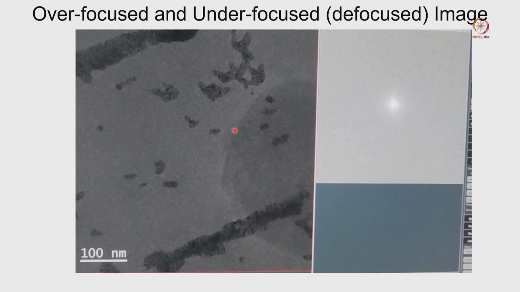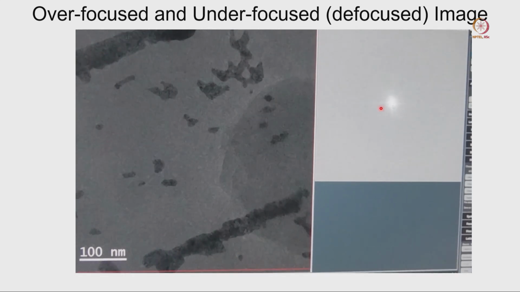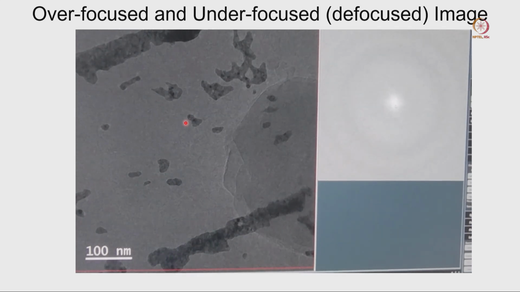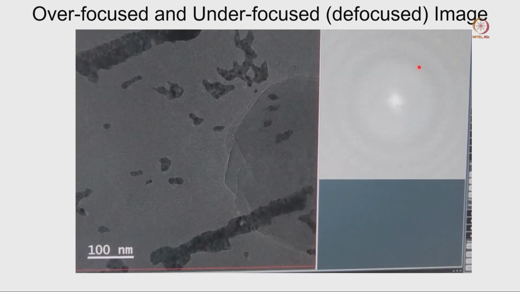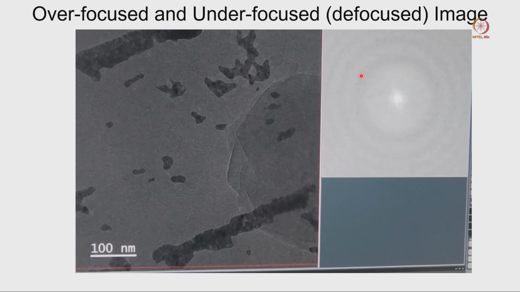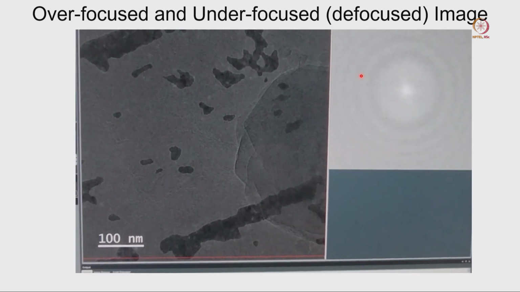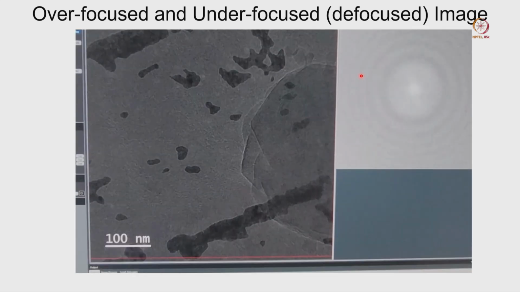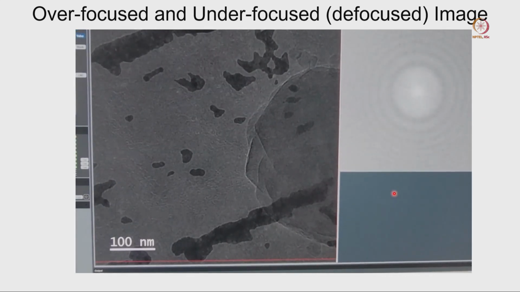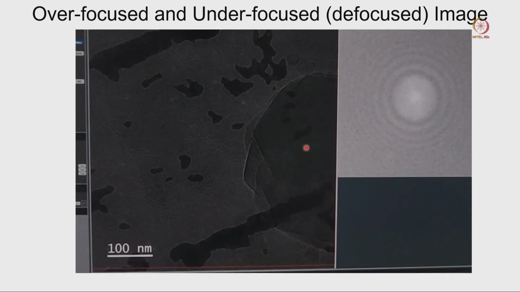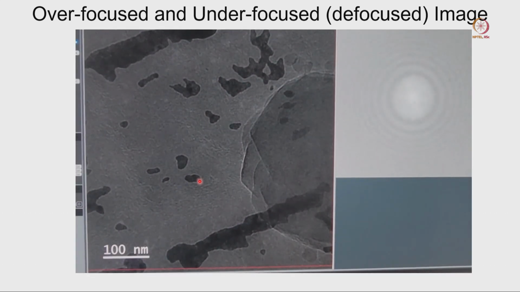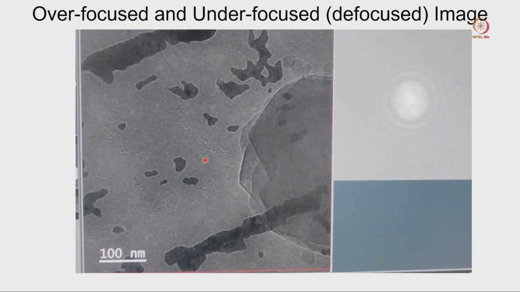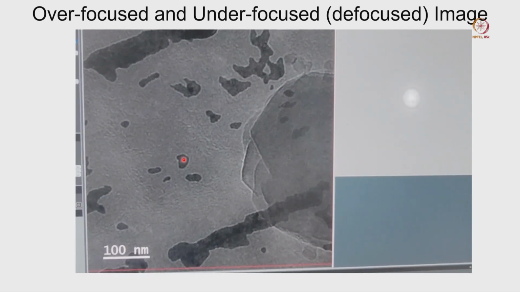So this is almost 0 defocus. Now slowly I am going to under focused images. In under focused images you can see white fringe, and this is how my particles look. Now from the power spectrum, if you rotate the focus button anti-clockwise and clockwise, you will get under focused and over focused images. So looking at the power spectrum, you cannot tell whether it is an under focused image or over focused image. You have to look at the image. So gradually I am increasing the defocus where white fringe is there, that means under focused image, and your particle is looking something like that.